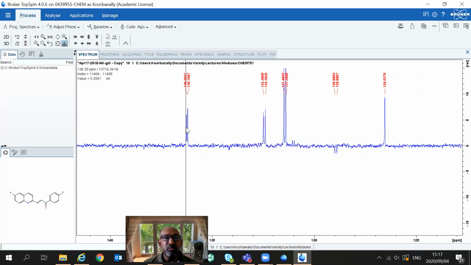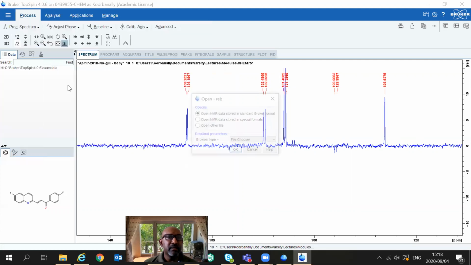And then a smaller coupling here, all right? So that coupling is a bit smaller, about 5 to 6 Hertz, right? So I can see that these two, the 131 and the 132, are metacoupled carbons, all right? So just remember that that's a metacoupled carbon, that's a metacoupled carbon, and this is a smaller coupling constant, so it might be a little bit further away, and then there's a singlet here, so it's going to be very far away from the fluorine atoms. And let me go back now